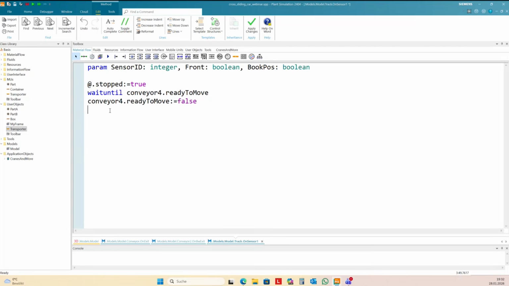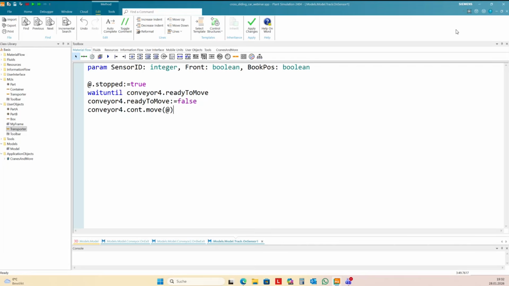And then I move the part onto the transporter.